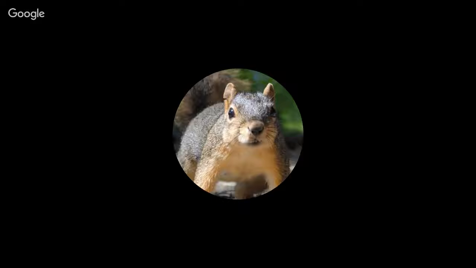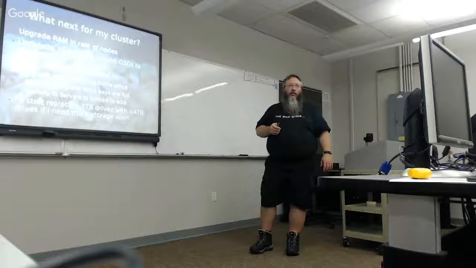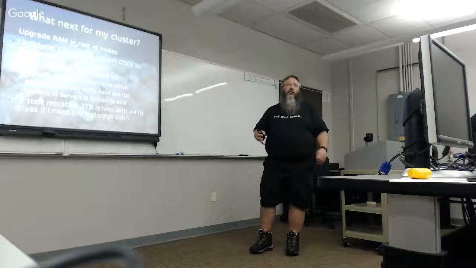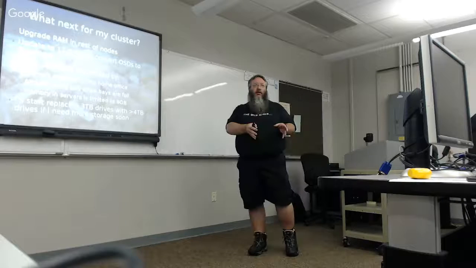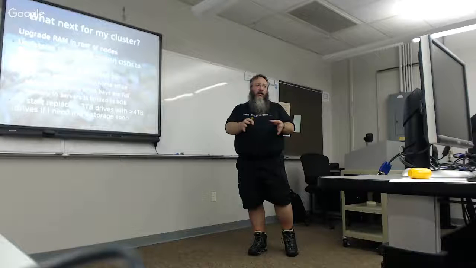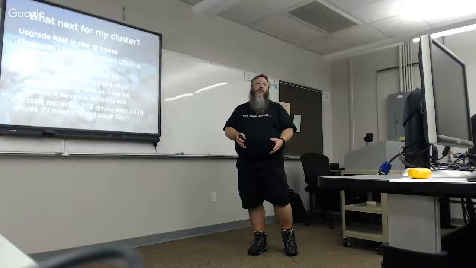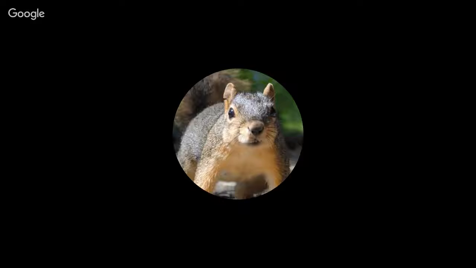And I assume you do that one drive at a time? Yeah, basically what I have to do is make sure I've got 3 terabytes of free space in the rest of the system. First I tell the system to mark this node as dead, and then it starts copying all the data to the other nodes. Then you can shut the system down, pull the drive out, plug in the new one, reinitialize it, and then it starts copying data back. So it's a slow process, but it's fairly straightforward.